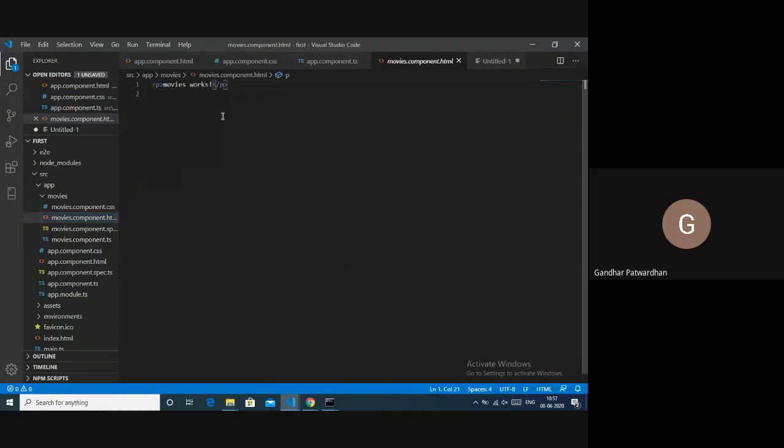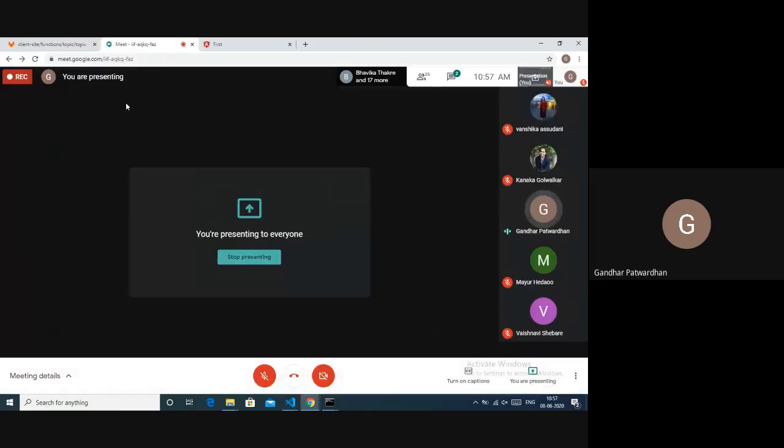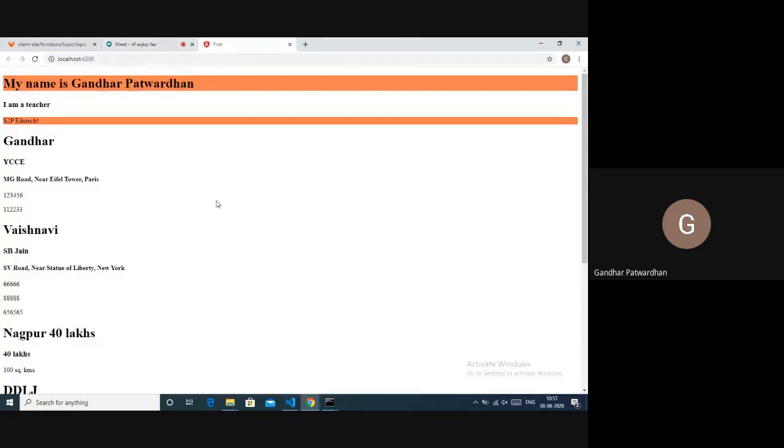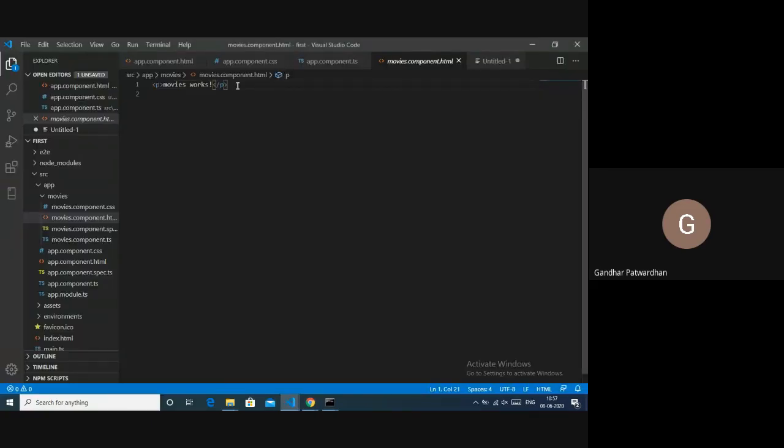Simply movies works. Now, this is something default which Angular has provided. Now, you can write your code here. But as you can see, nothing is displayed on the screen of the movie. We have just created the component, but that component is not usable. This HTML part, which is movies works, is not present anywhere.